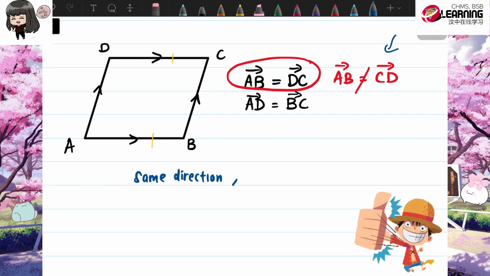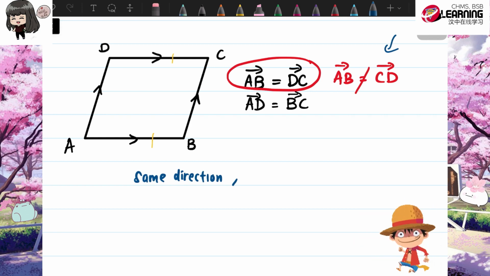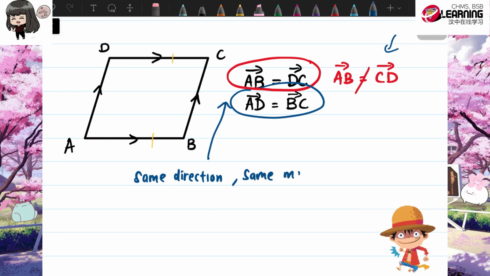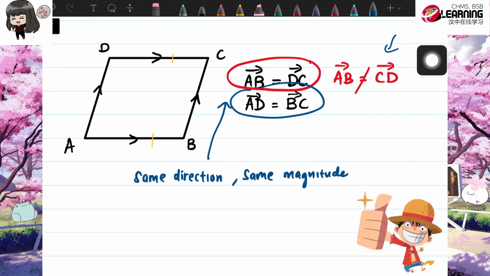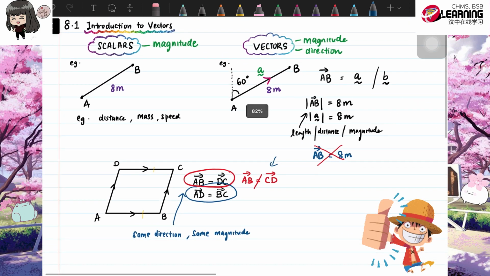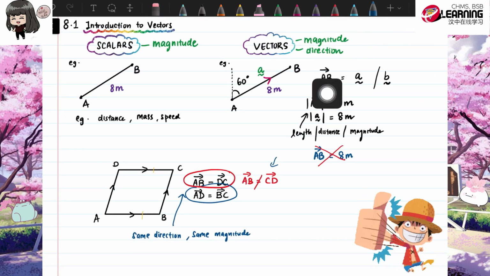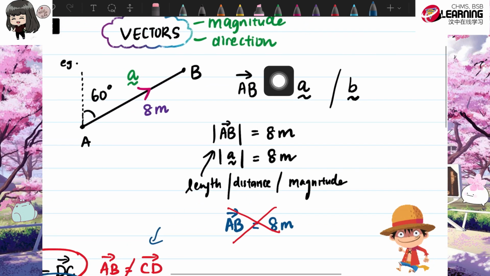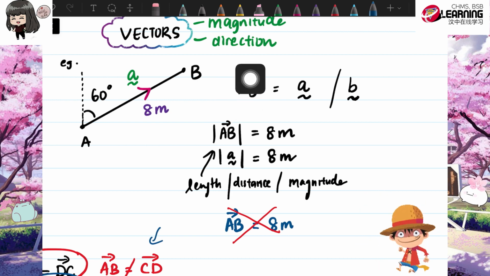Okay, these two vectors which are equal, I'm talking about these two equal vectors, must be the same direction and the same magnitude. Then you can say that these two are the same. So these are the important things that I want you to know in vectors. I conclude that a vector must have magnitude and direction, include these two, and it's denoted by AB with an arrow